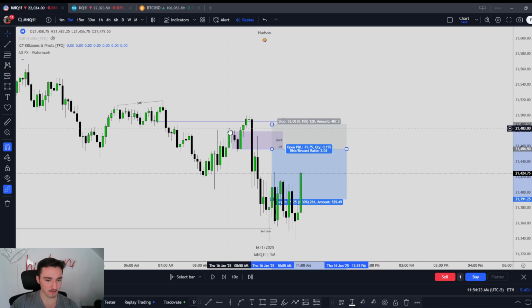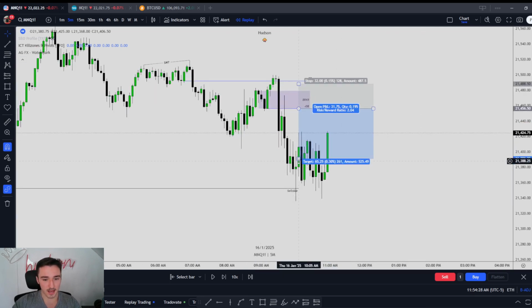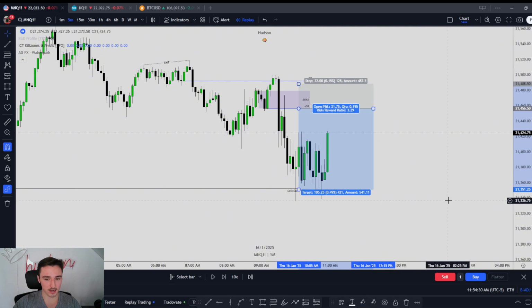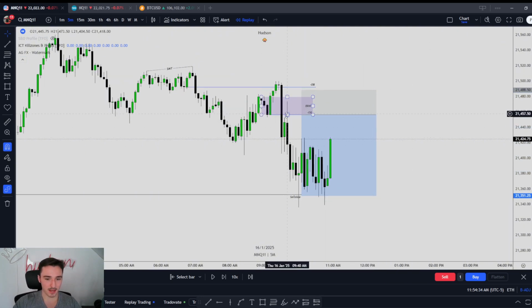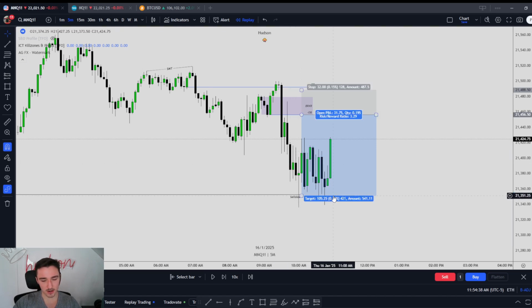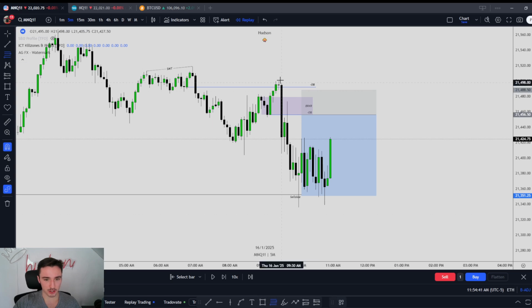I wanted to put it above this high, but I thought it was too close and we just opened. So I put it right up here and then my PT was down here, right? So a 3R right there. We tap me in, come down, we kind of accumulate a little bit here and then we dig down into that low, right? And if I measure standard deviations, -2.5 lines up with that low perfectly.